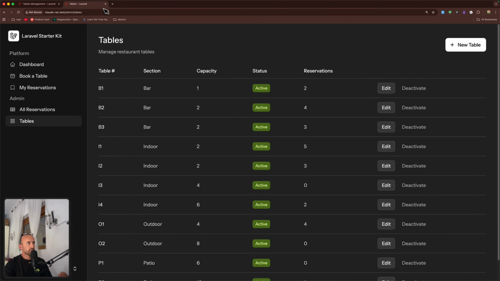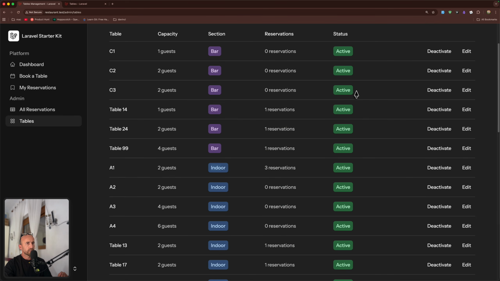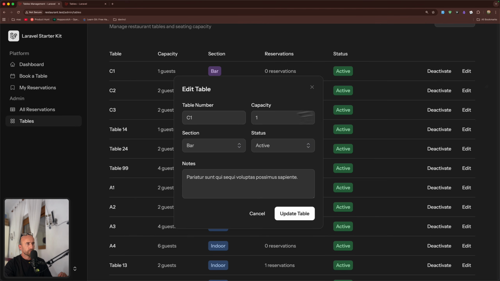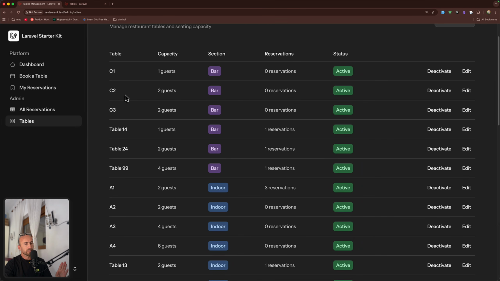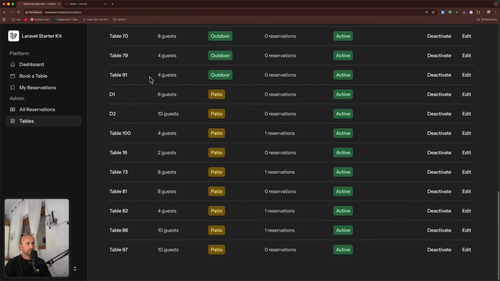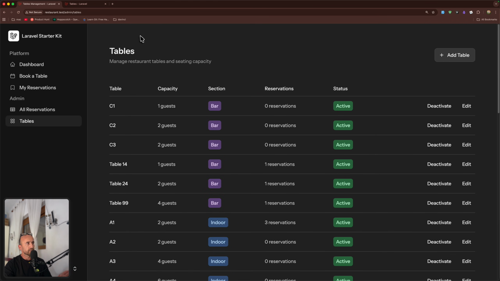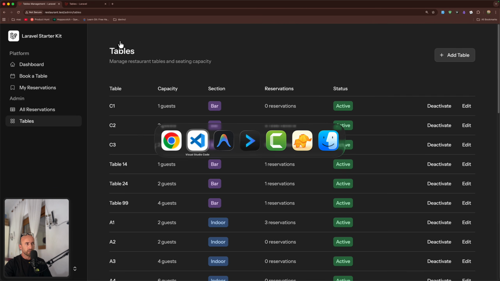Okay, the same thing if I go here, edit, for example, this one. Okay, capacity, table number, section, active, and status. The design is better in the restaurant which is created by the local model, but I think it is very good, the same project. That's it, what I wanted to show you in this video, an example of a restaurant reservation built with Laravel,